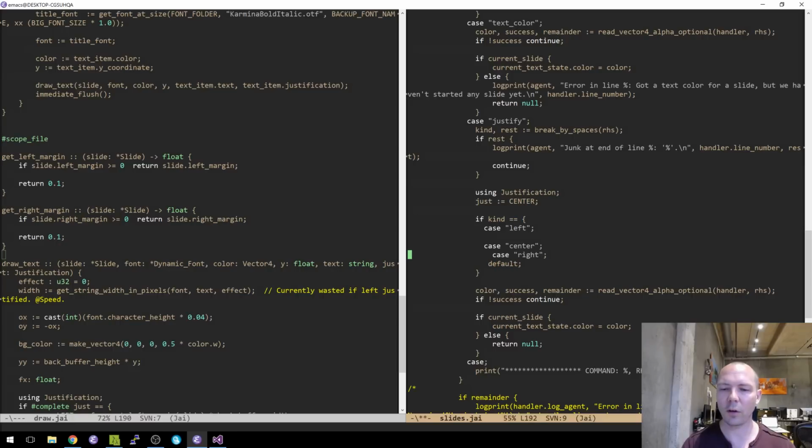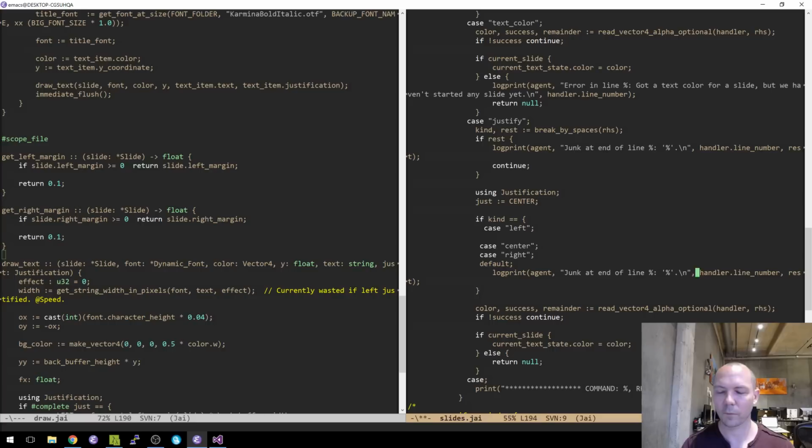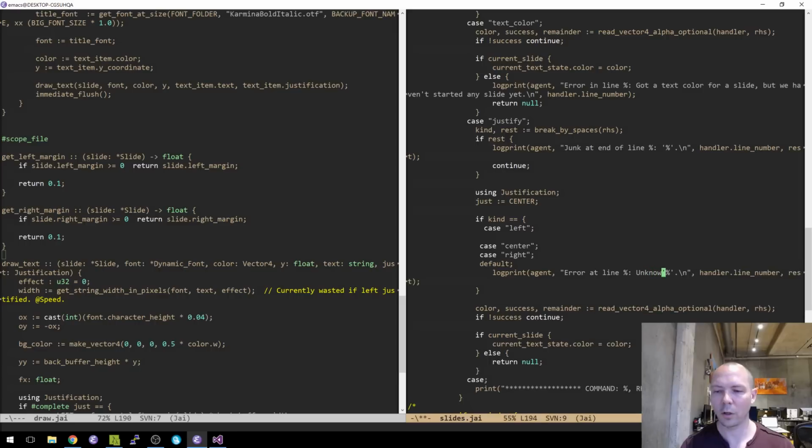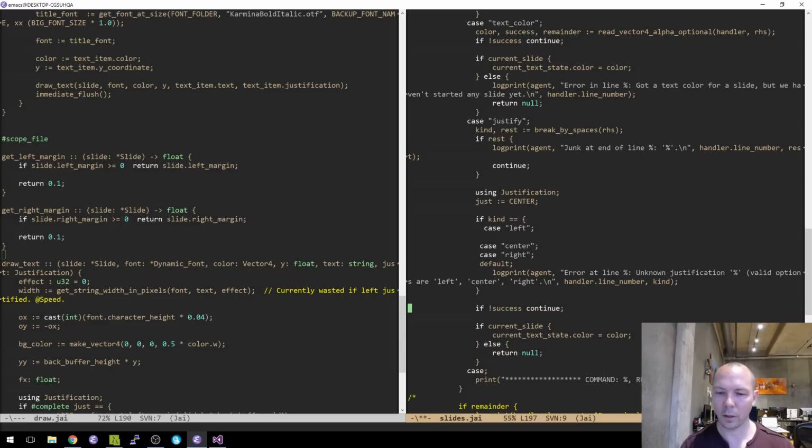Default, if it's none of these, then we say error at line whatever, unknown justification whatever, valid options are left, center, right. And then